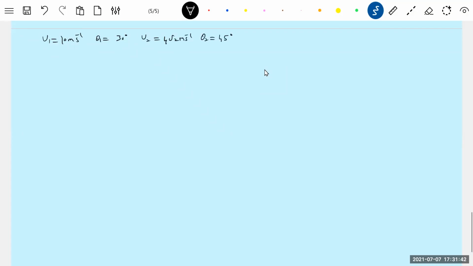Oh, this is what is happening. Now I want the range of stone 1. What is the range of stone 1? This should be equal to 2u square sine theta 1 cos theta 1 by g. What is the range of stone 2? 2u2 sine theta 2 cos theta 2 by g. And then, somebody should help me with this value. Then similarly I want the time of flight.